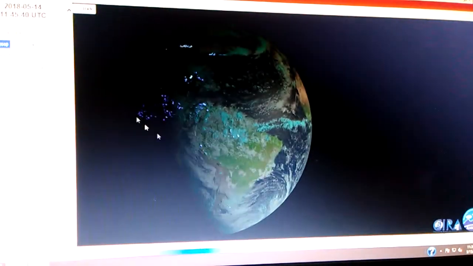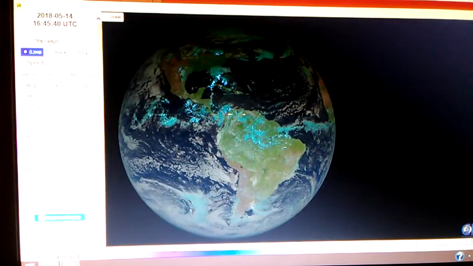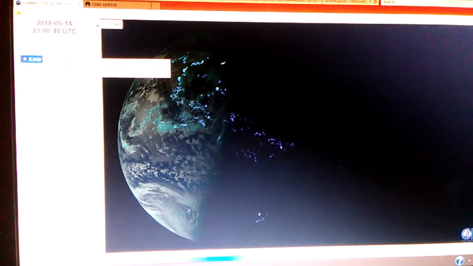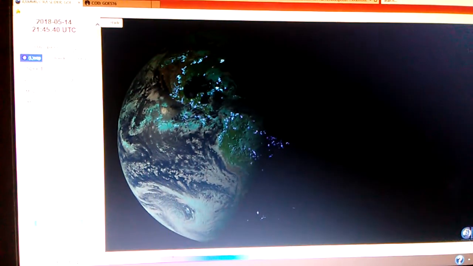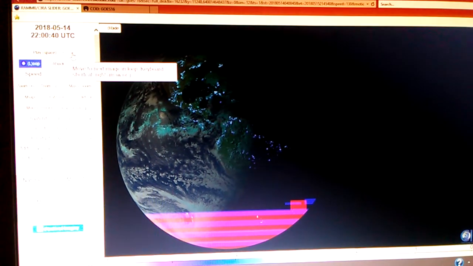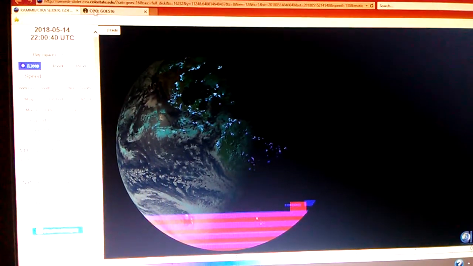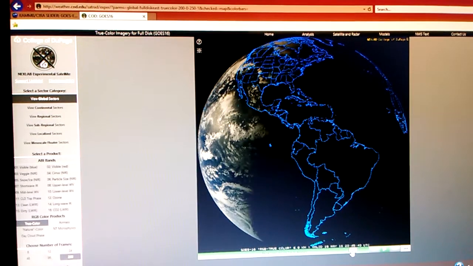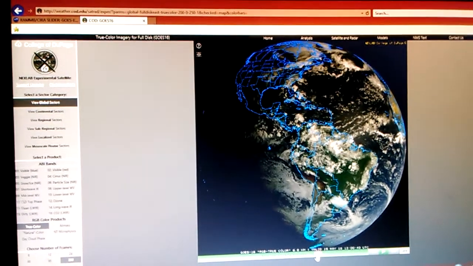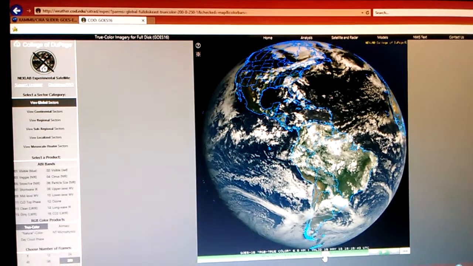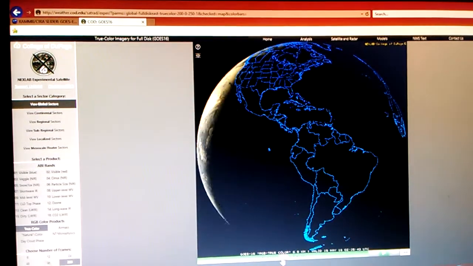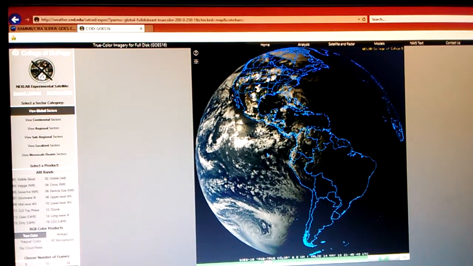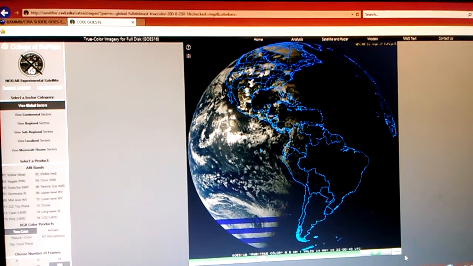Now I went back to the GOES, and I waited for that interference to occur and see what time. Okay, there it is. Stopped it. Backed it up a little bit. Okay, there it is. 2200 UTC on May 14th. Okay, so let's go over here. Full disk. Let's go back to 2200 on May 14th. Where's it at? Okay, so we got it there.